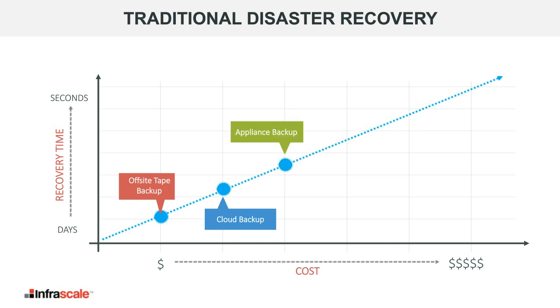Then you have appliance-based backup. So this is hardware that would be dedicated to processing backup procedures. And this is great for environments that are starting to get a little larger. You're looking at 50 plus employees, still in that SMB space. And now you do have some hardware to manage.